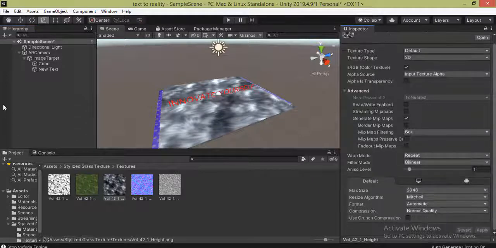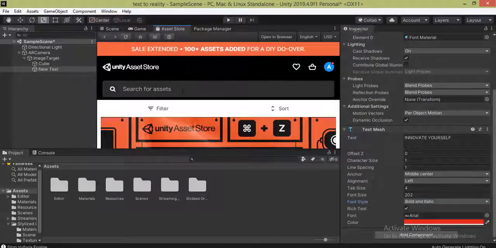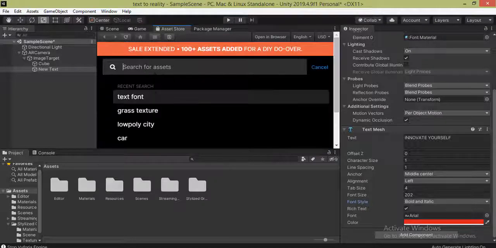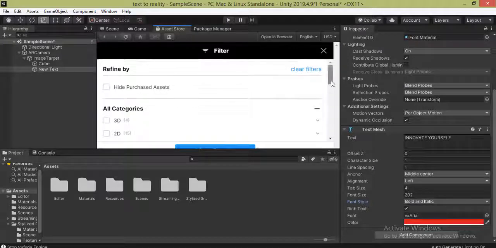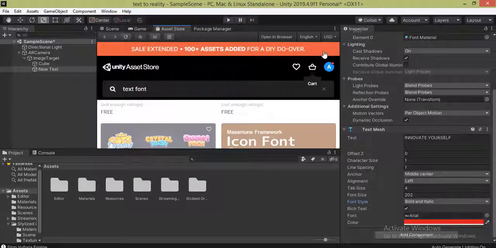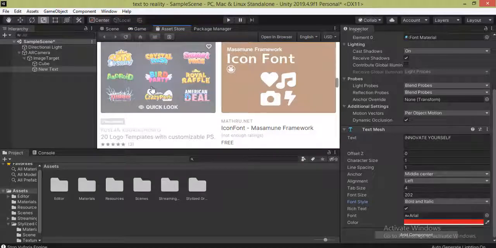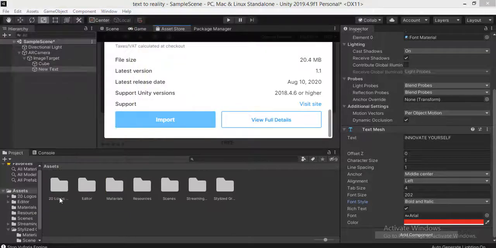After that what I am going to do, again go into the asset store and download few fonts. For that I just click on this asset store. After that just click on this search button and search here for a font. And just click on this filter option and search for a free asset. Limit this up to 0 and click on here. And now you will see there are few free fonts available in asset store. I am going to download this font, so I just click on here, click on import. So just click on all and just click on import. Now you will see in asset section a new file has appeared. This is basically a font folder.